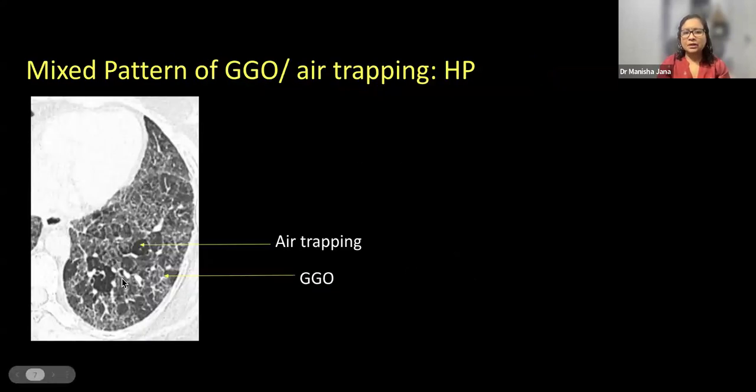Now, regarding the distribution of the ground glass opacity. If we see here, there is ground glass opacity. Of course, this area is showing ground glass opacity because you can see the vessels coursing through it. But just by the side, we can see a few secondary pulmonary lobules which are appearing much more black. Those are the areas of air trapping. You can see the central vessel going through it. So whenever there is GGO and air trapping, both living side by side, then we have to think about hypersensitivity